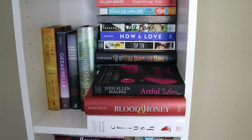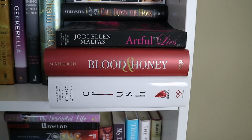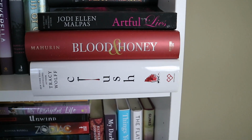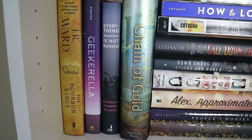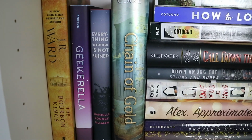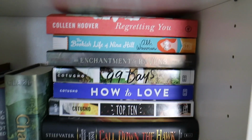Now onto the third shelf. So the first three books I have are Artful Lies by Jodi Ellen Malpas, Blood and Honey by Shelby Mahurin, and Crush by Tracy Wolff. And behind all of that, I have The Bourbon Kings by J.R. Ward, Geekerella by Ashley Poston, Everything Beautiful Is Not Ruined by Danielle Younge-Ullman, Chain of Gold by Cassandra Clare,